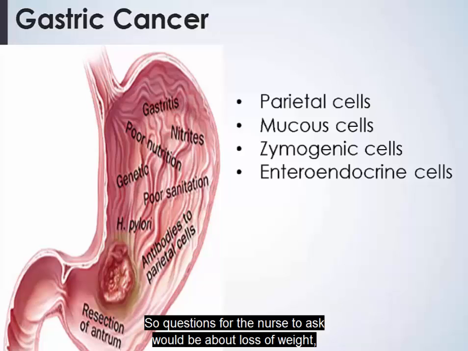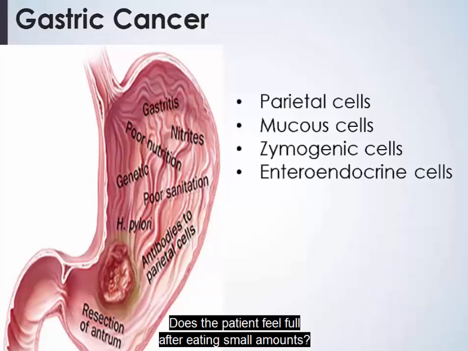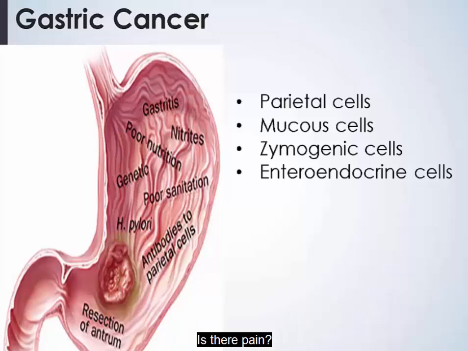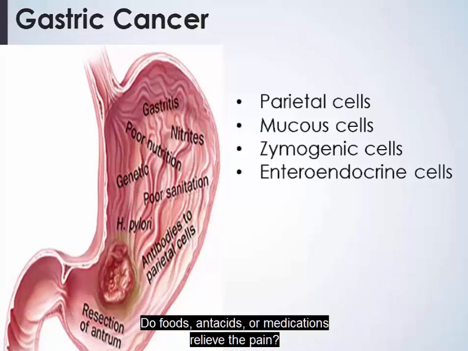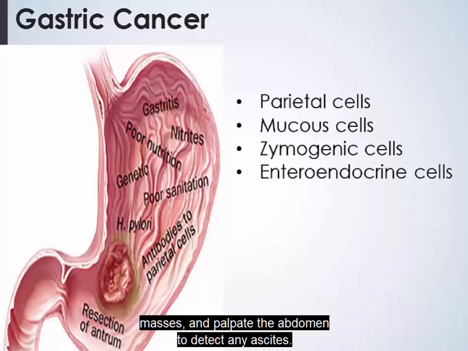So questions for the nurse to ask would be about loss of weight and how much and over what period of time. Does the patient feel full after eating small amounts? Is there pain? Do foods, antacids, or medications relieve the pain? And then the nurse should perform the physical exam to assess the abdomen for tenderness, masses, and palpate the abdomen